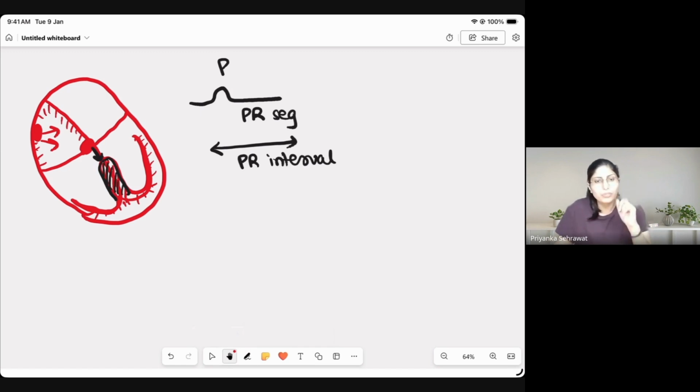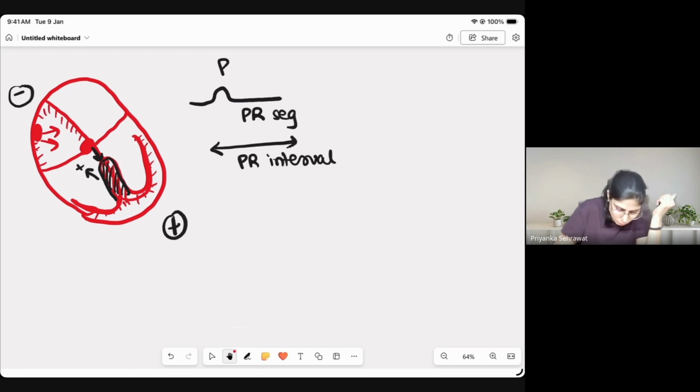Now, this septum is formed of small muscles which give rise to a positive deflection, but in a right and upward direction, because more of the muscle fibers are present in the right-sided septum. So right and upward, small deflection. Because this is our negative axis, this is the direction of our positive net charge of the heart. If a positive charge is moving towards the negative dipole, what kind of wave will we get? Positive or negative? We will get a negative wave.